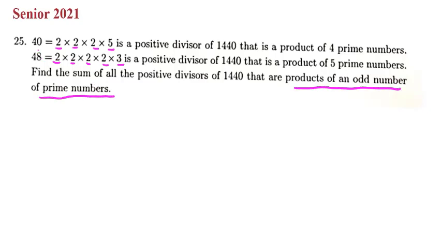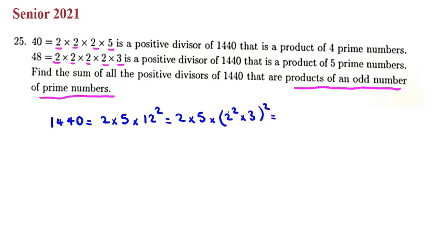So, for solving this problem, let's first prime factorize 1440, because we want to find the divisors. For the 0 at the end of the number, you can say 2 times 5 times 144, which is 12 squared. And 12 is 4 times 3, so 12 squared is 2 to the power of 4 times 3 squared. Adding the 2 from the 0, we get 2 to the power of 5 times 3 squared times 5. Now,